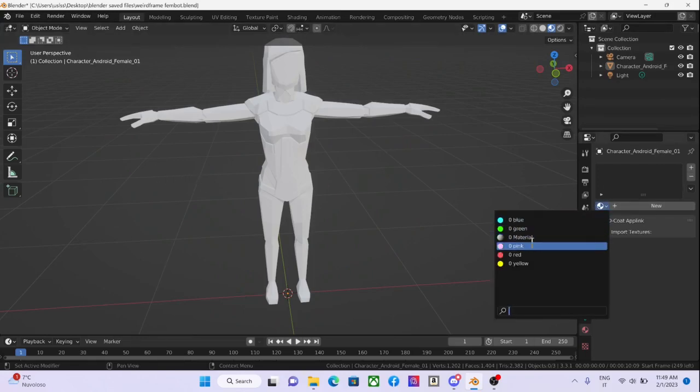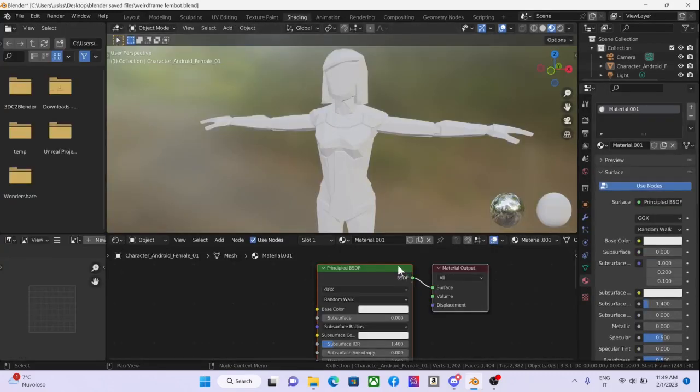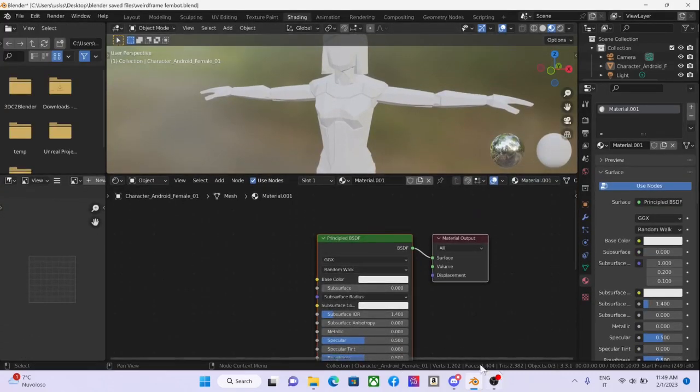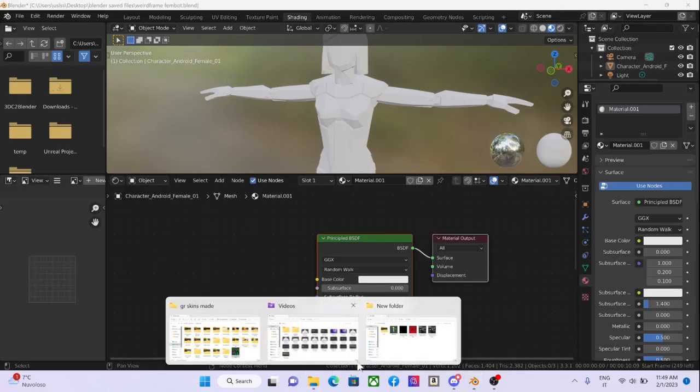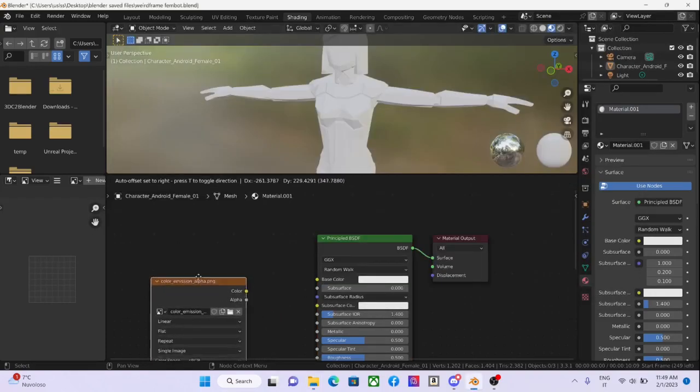So you pick a material, the normal material. If you don't have it here, you make a new one. We don't care about the name. And we can go in shading. So once that you are here, you can go where you have your files. Where are you, my file? You drop it in